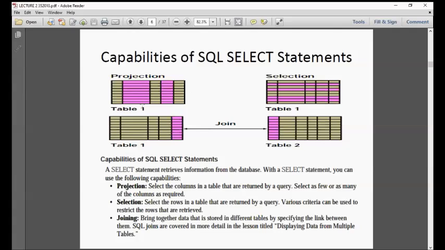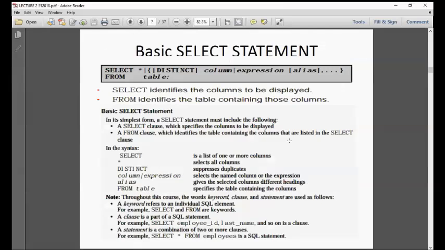So you will select columns and you call that projection. Okay? But when you want rows, it means selection. Now, if you want to join, then we will be displaying multiple tables. So remember, projection, columns, selection, rows, and table joining will display multiple tables.